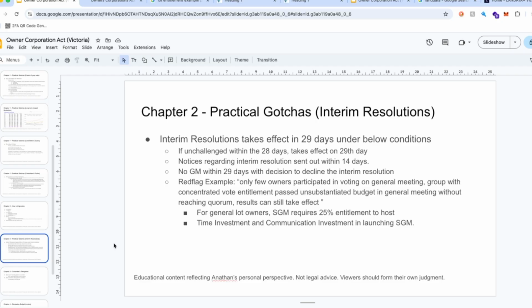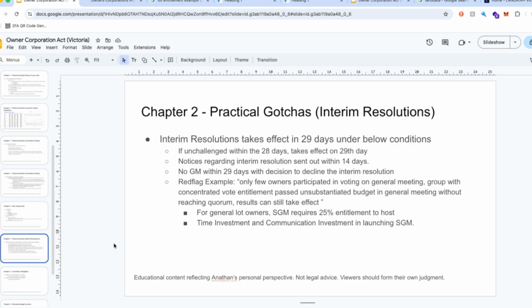Let's say your whole total OC lot is maybe 1,000 lots, and only 50 out of the 1,000 attended the general meeting, and out of that 50 there's maybe, let's say, just 5 people who share the same interest, belong to the same interest group. And if they have, let's say, even 80 lots entitlement in their hands,